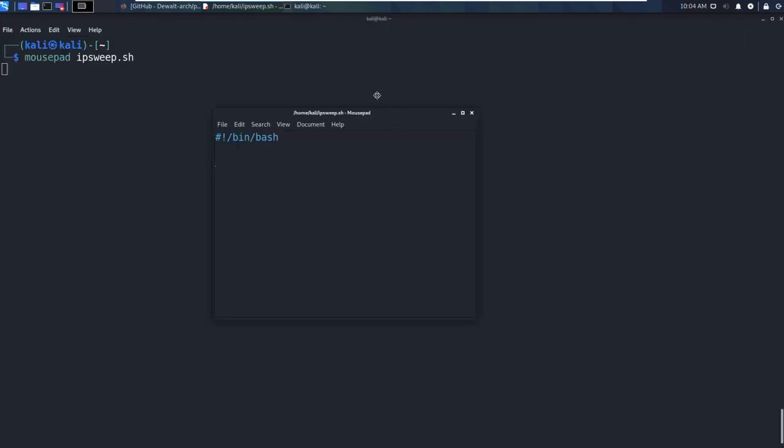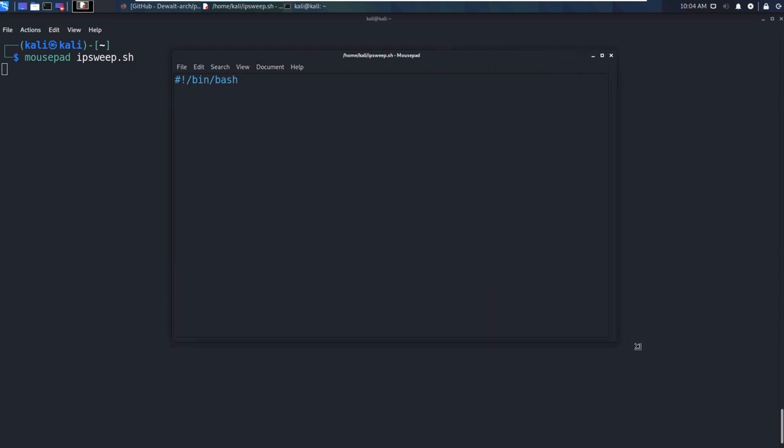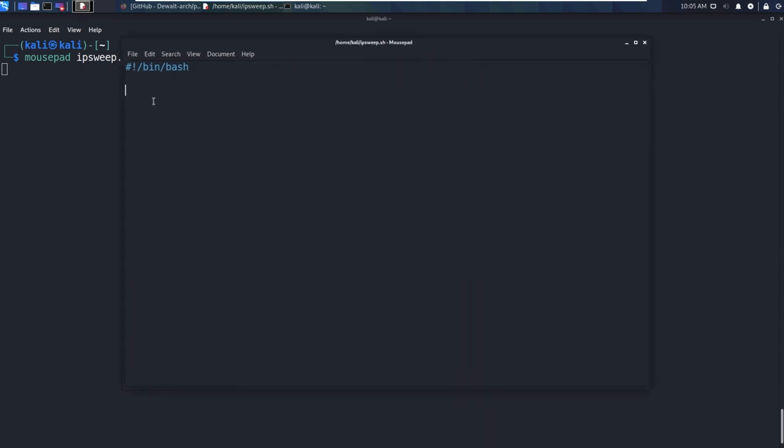I'm going to actually make this a little bit smaller and then make this like this here so we can get the whole picture. Okay, so what I want to do is I want to paste in what we just wrote. So I'm just going to Control V here and paste that in. So we don't need to do a cat of an IP address here. In this instance, instead, we're going to change this back. We're going to ping. Remember, we want to ping every device in the network. So we want to ping, say if we're pinging